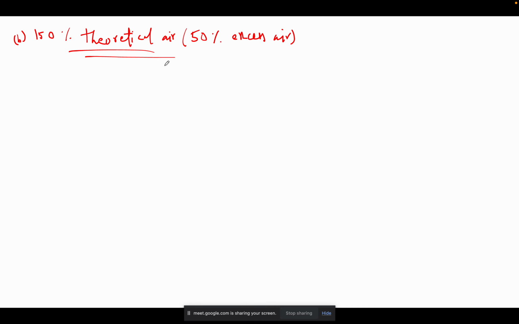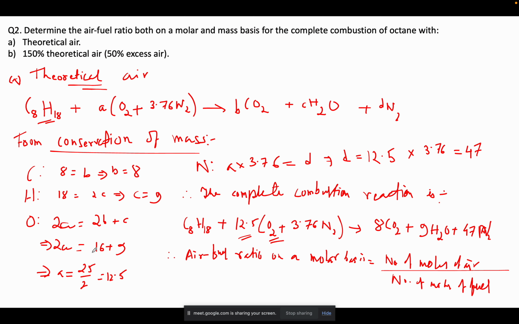Okay, 150% theoretical air or 50% excess air. So what will happen is that in the reactant side we did not have any oxygen here. Now in the reactant side there will be some number of moles of oxygen also present. Okay,